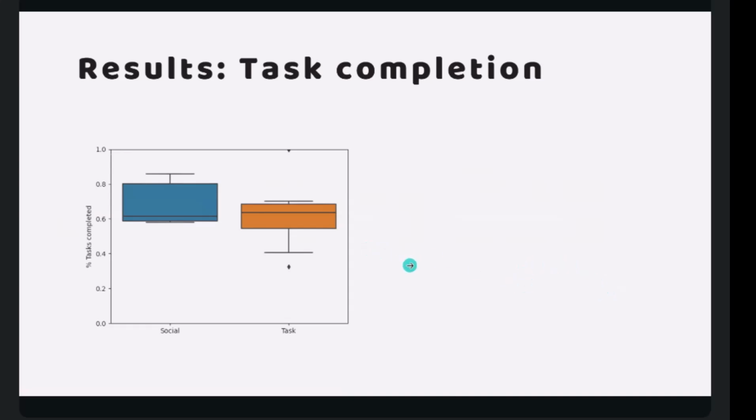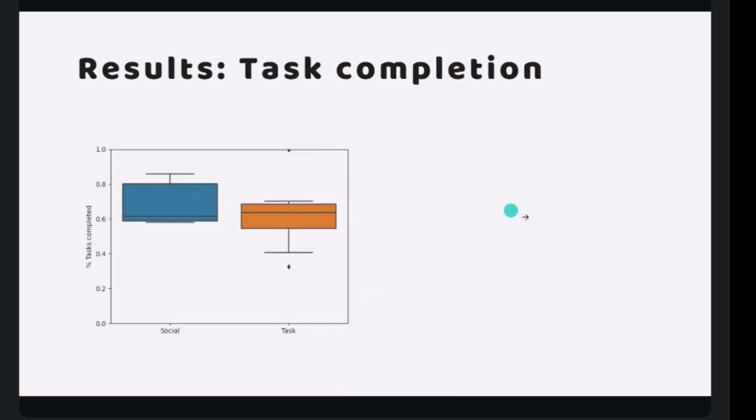We saw that this wasn't significant, but the task completion was slightly higher in the task condition. So kids that were encouraged to focus on the task indeed focused on the task and completed it more, while kids that were focused on social interaction completed it a little less on average.